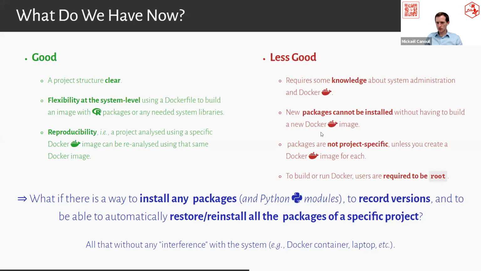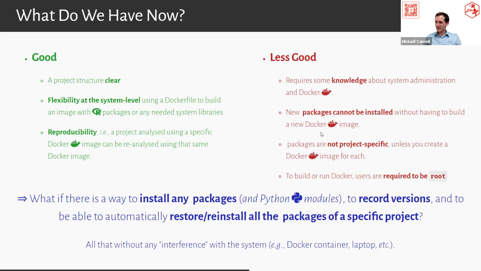And one of the issues, but I think it's not totally true since recent updates of Docker, at least it required to be root, meaning you need to be a root user with full access to everything on the server to actually run a new container. That is not a good idea for security reasons, because if you have a new intern, you don't want that intern to get full access to every data, including sensitive data.